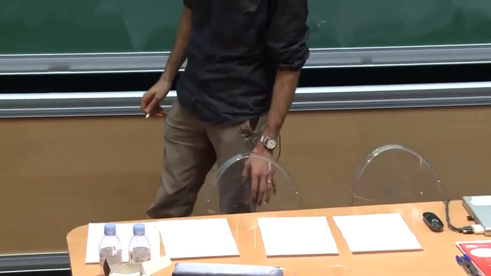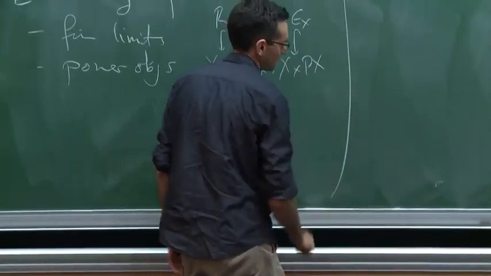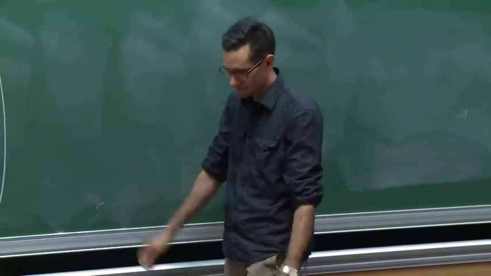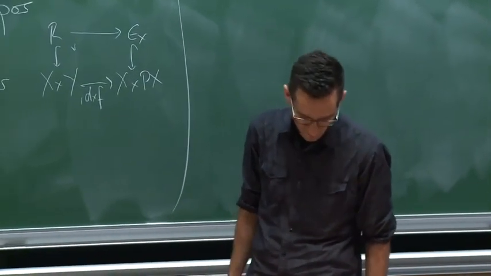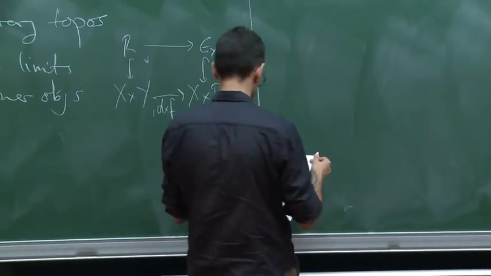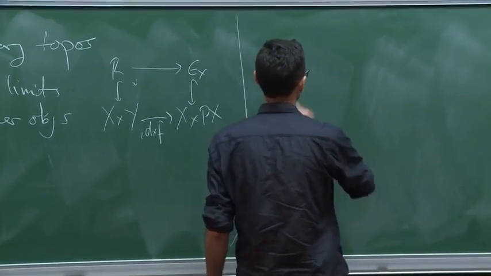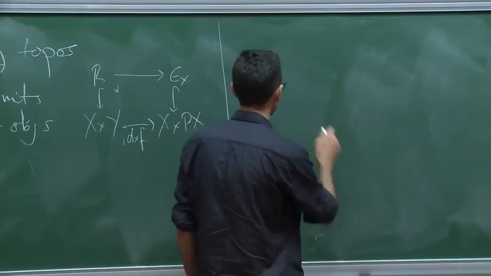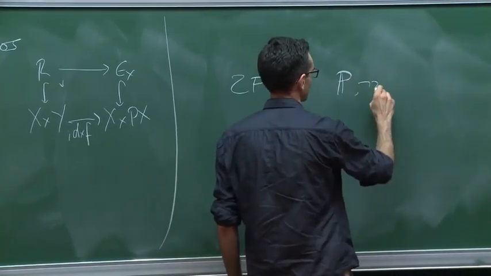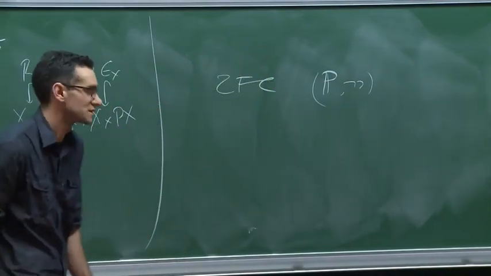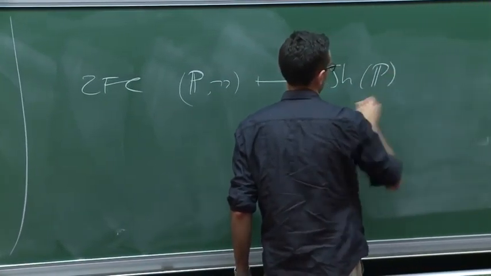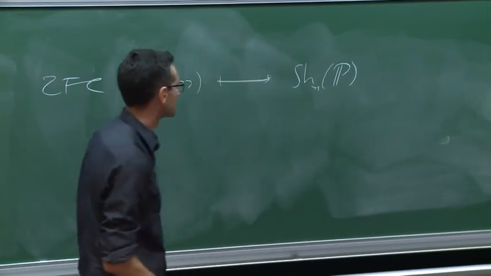So forcing, I'm going to talk about forcing. Forcing is sheaves. Full stop. There's nothing mysterious about it. Details perhaps, but here's the cartoon I like to draw. Traditionally, start with ZFC, start with a small partial order, and it's a site with a double negation topology. Take sheaves on it. Now you have two options here.